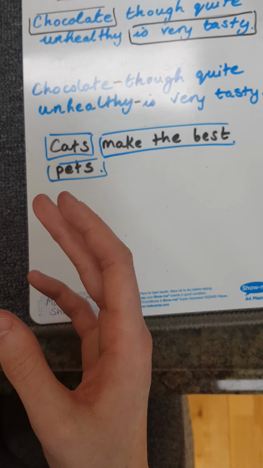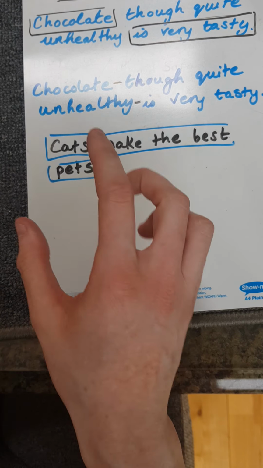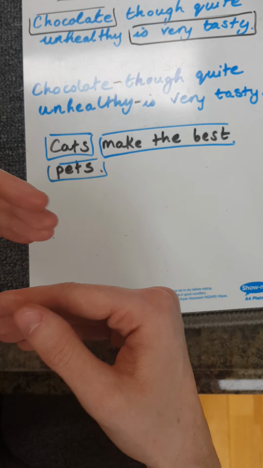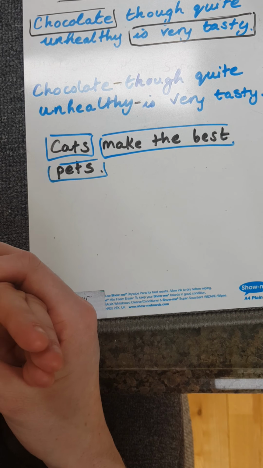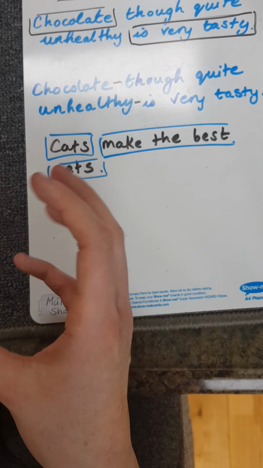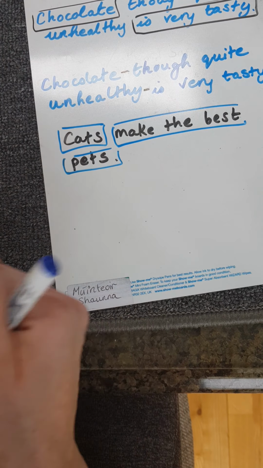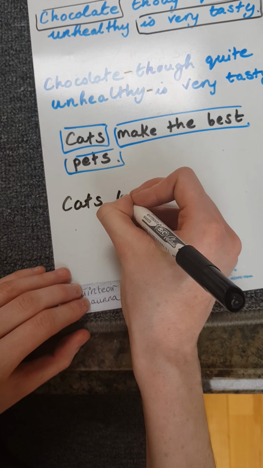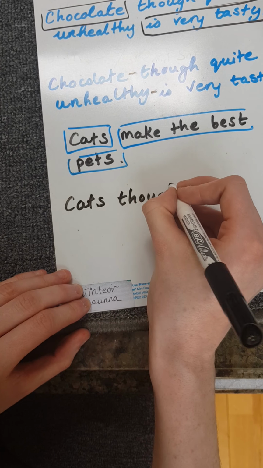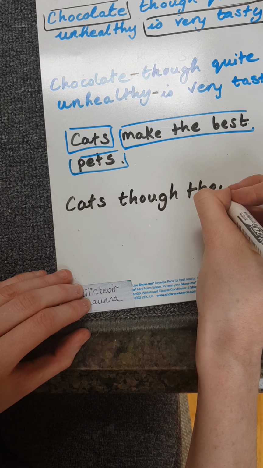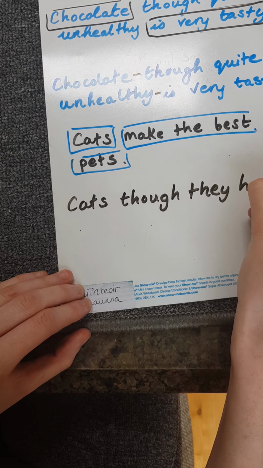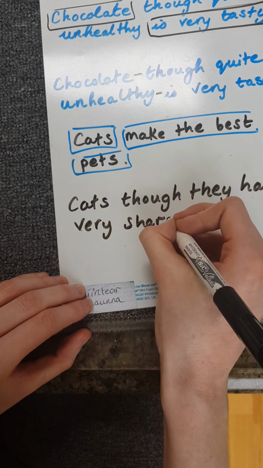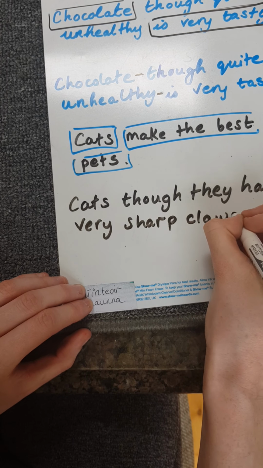So my main information is that cats make the best pets, and the added information is though they have very sharp claws. Okay, so let's see, how are we going to write that? I'm going to write it out in the black. Cats, though they have very sharp claws, make